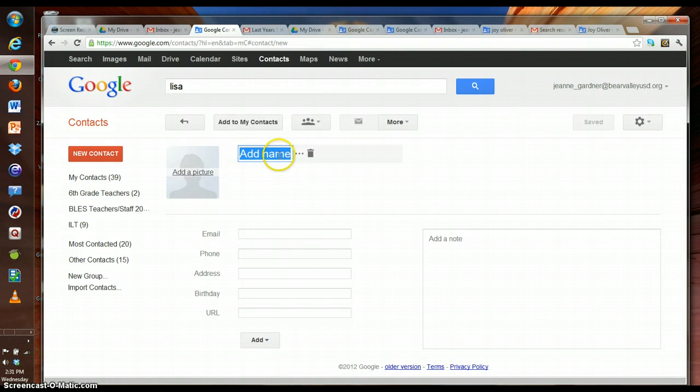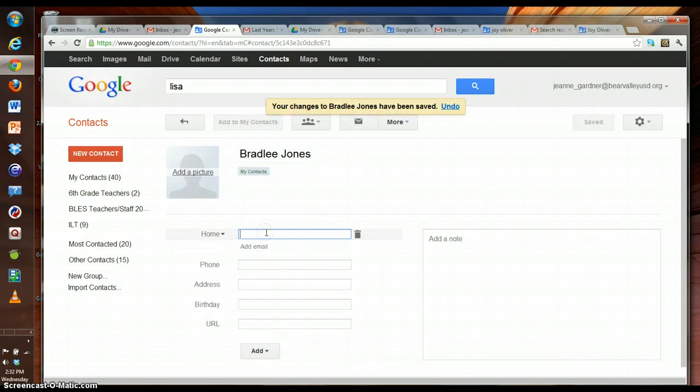So the quickest way to do that might be, I'm going to add a student from last year, so Bradley Jones, and then his email would be bradley_jones@bearvalleyusd.org. So you might want to copy and paste right here where it says @bearvalleyusd.org, copy, which is Control C, and then when I add him, then maybe I want to make a new